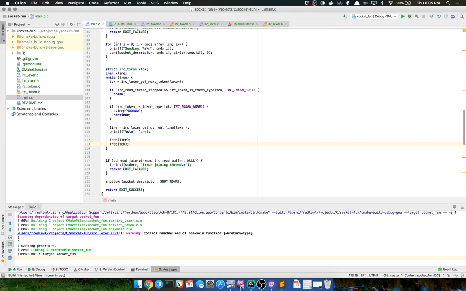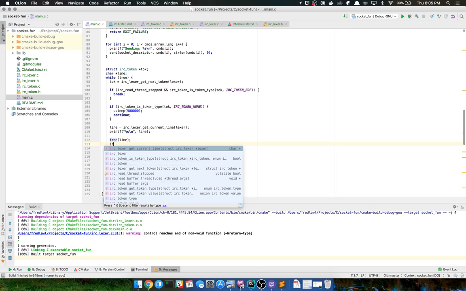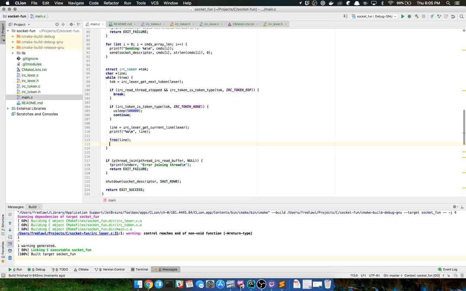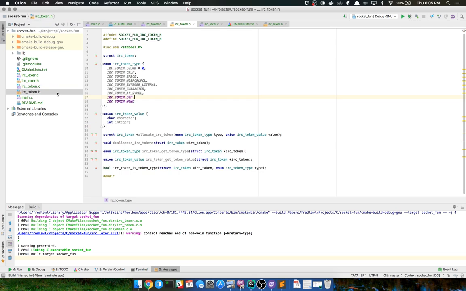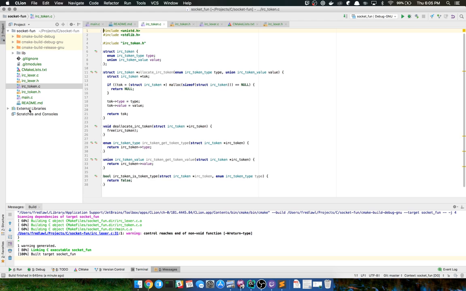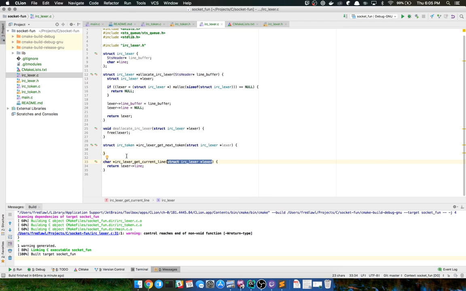The problem is I'm doing this free token here, but really what I should do is obviously IRC token deallocate. That's the proper way to clean up. And then let's make sure my token is... Yep. Okay. So that's that. Let's go ahead and implement this now.